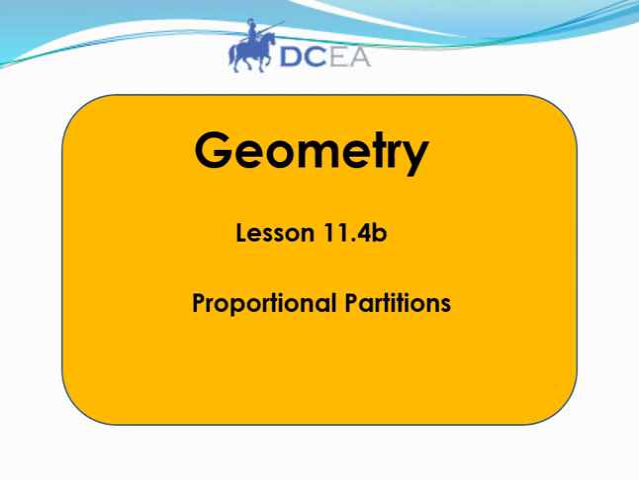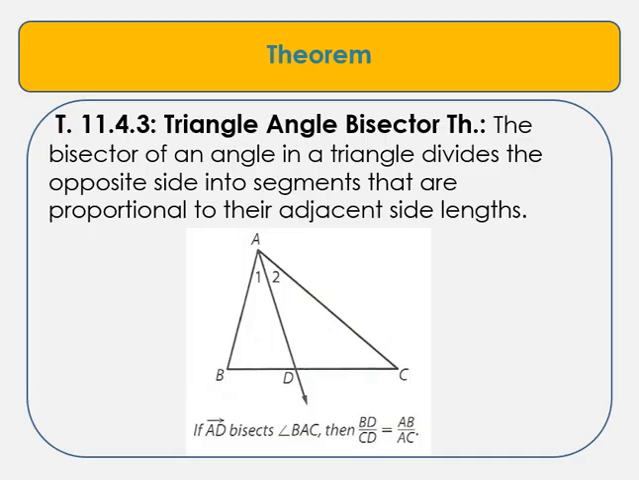Let's go ahead and finish off 11.4, proportional partitions. We have our last theorem in lesson 4 here. It's theorem 11.4.3, the triangle angle bisector theorem. The bisector of an angle in a triangle divides the opposite side into segments that are proportional to their adjacent side lengths. So, taking a look at this triangle,